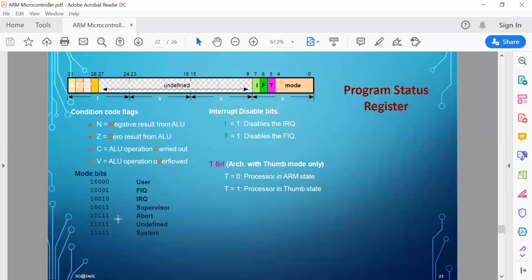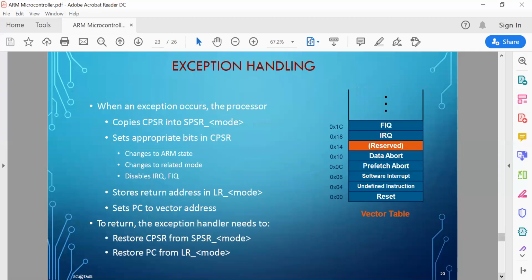Other flag bits are also shown here. This is the T bit, which defines whether it is in thumb mode or in ARM mode. All these I have already told you. These are conditional flags, these are undefined, and this is the interrupt disable or enable bit.